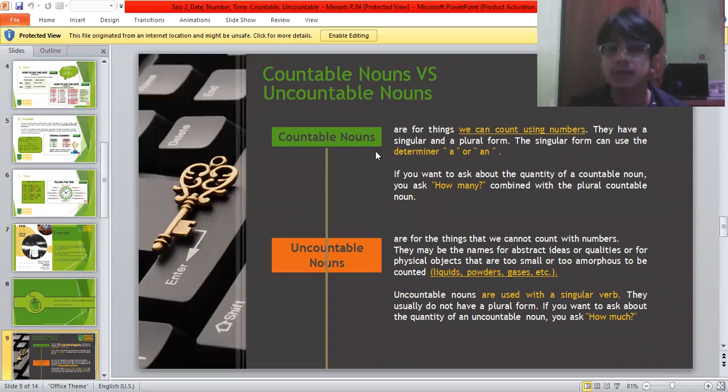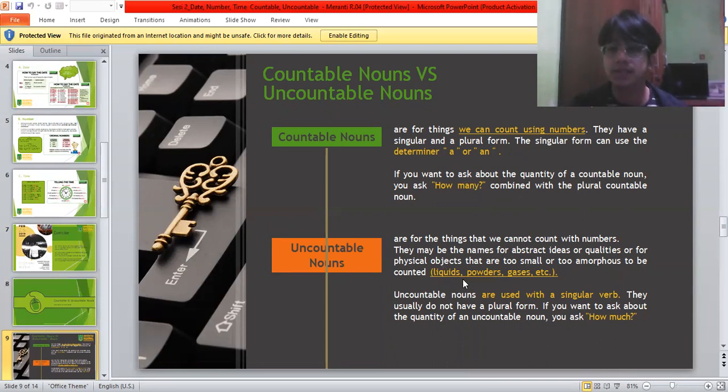And for countable nouns, we use a determiner such as a or an. A is for nouns that start with a consonant letter, and an is for nouns that start with a vowel, like A, E, I, O, U. So this is for singular. We can use the for the plural. I was wrong. Okay, and this is the uncountable nouns,